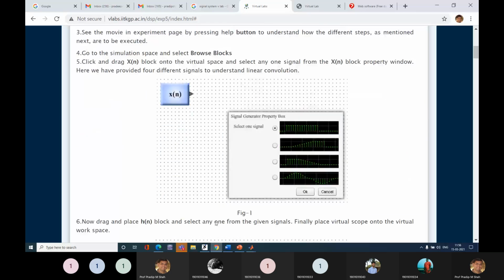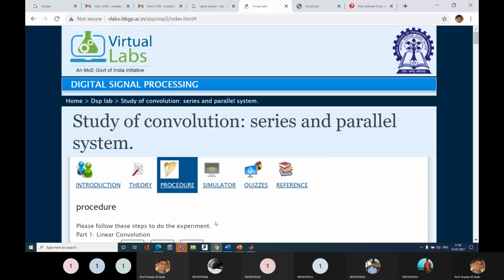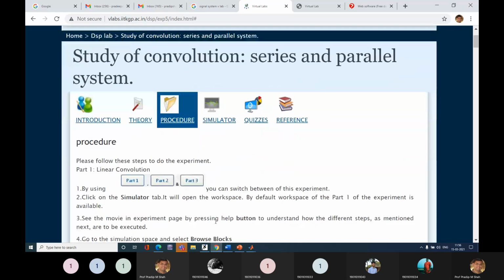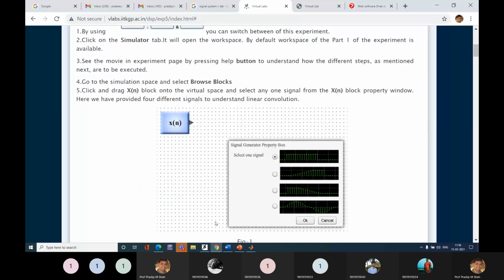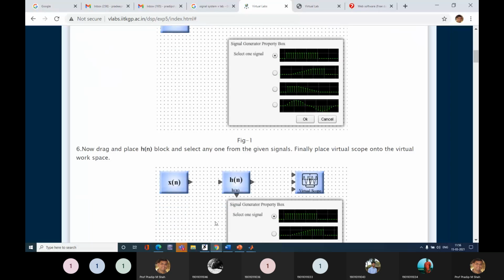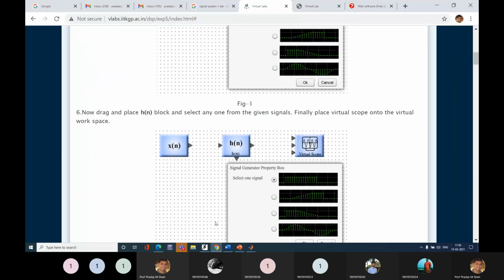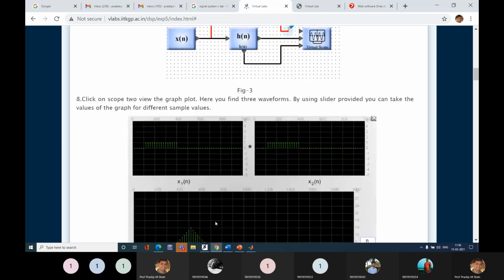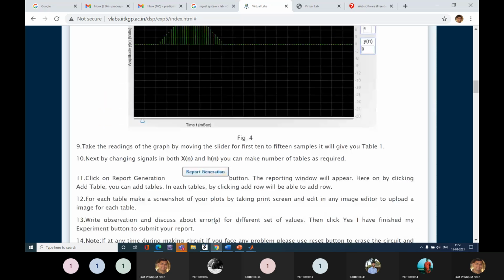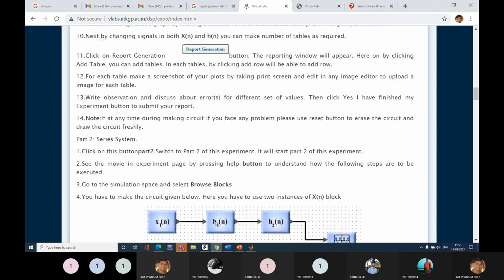Let me summarize. First, we perform the experiment on a VLab. The same experiment we perform on a VLab. Theory, procedure, and then the VLab simulation. You can see the simulation, which is a block kind of simulation, so here you do not develop any programming skill. The main thing is that we can perform this experiment in three different ways.